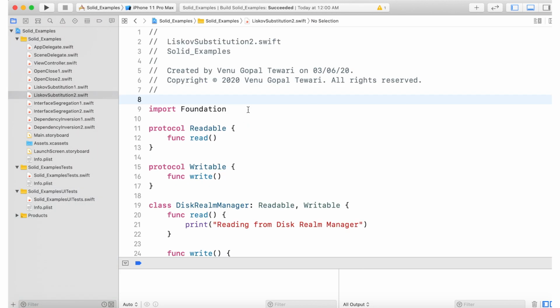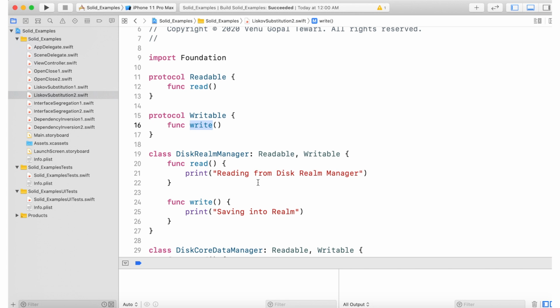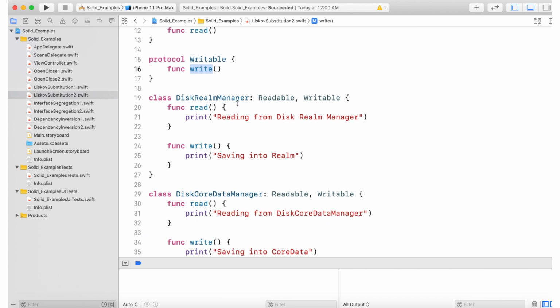As a solution to this situation, we can create two separate protocols, Readable and Writable, that have a single function only. In Readable we have the read function, and in Writable we have the write function. So if these two classes can apply both read and write functions, then they will conform to both the Readable and Writable protocols.